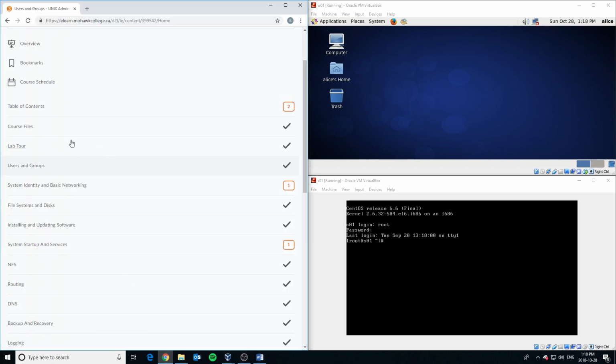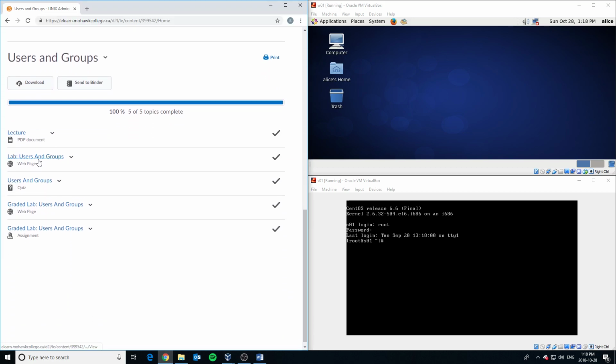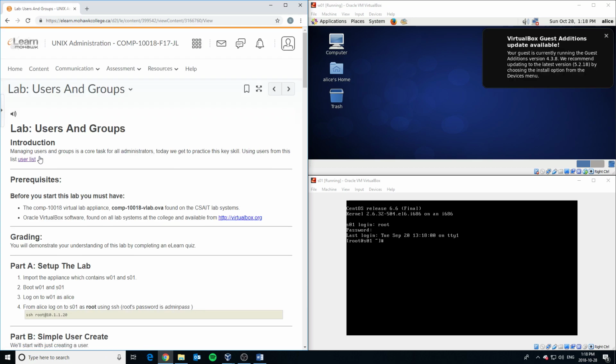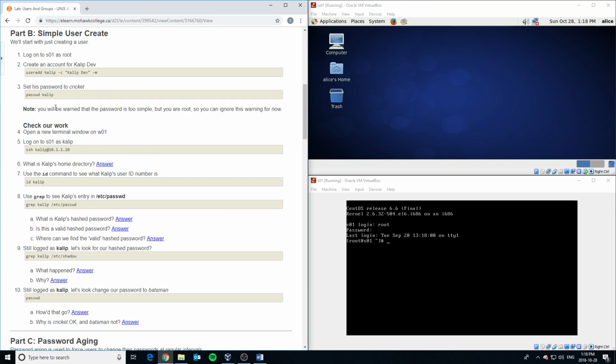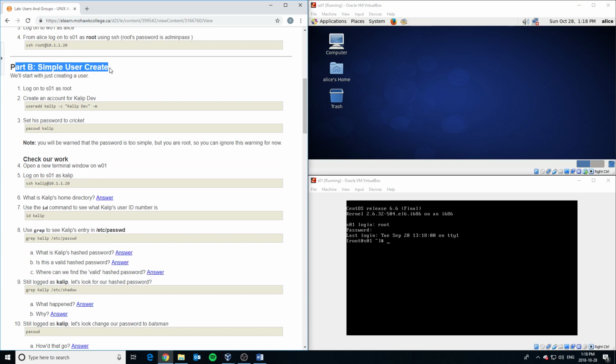So let's open up the users and groups and open up the practice lab, because remember, the practice lab is going to give you the commands that you need. The graded labs probably won't, for the most part. So when you're looking for commands, go to the practice labs only, and it helps you really make sure you know where you're going. So if I go down here, I see part B, simple user create,